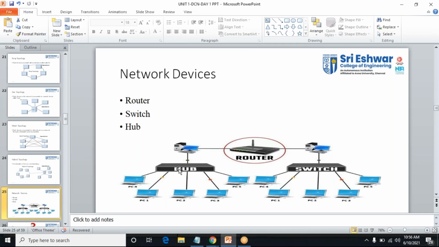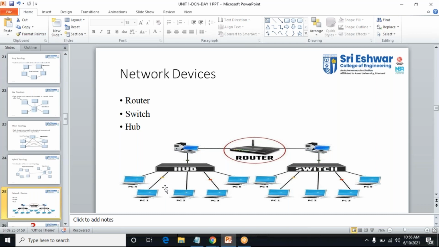For example, if I don't have a hub, I cannot connect the printer to all my computers. If this is PC 1, 2, 3, 4, I'm going to connect 5 PCs to my hub. If the hub is not there, I can connect only one computer to the printer system or any other system. So I'm going to use the device called a hub or switch. I connect all the devices using this hub, and this hub will be connected to the printer, or to the server, or router like that.